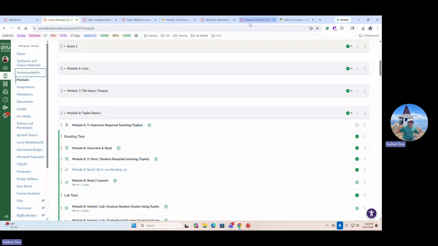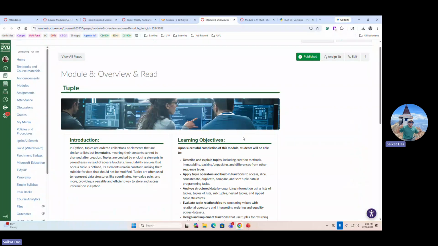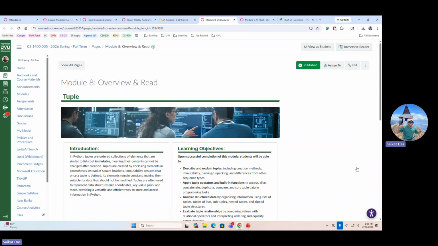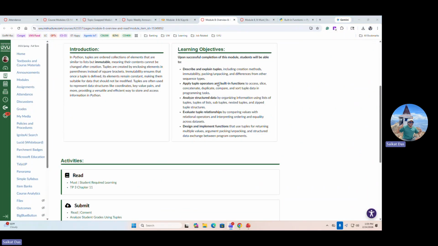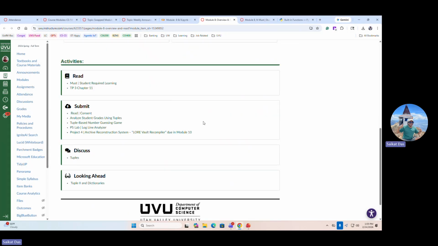I would like to go through this briefly. So in this week, we will be covering tuples, and these are the learning outcomes. I'll be discussing them again. What you need to do is read the required learning materials here, and then Think Python version 3, chapter 11, or I posted